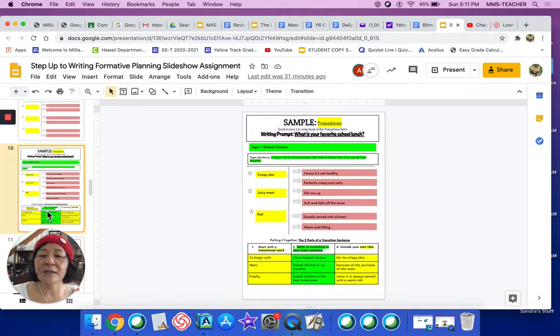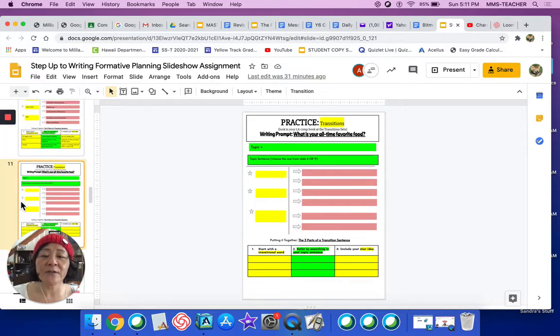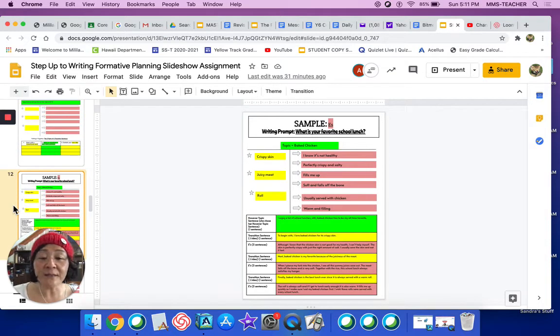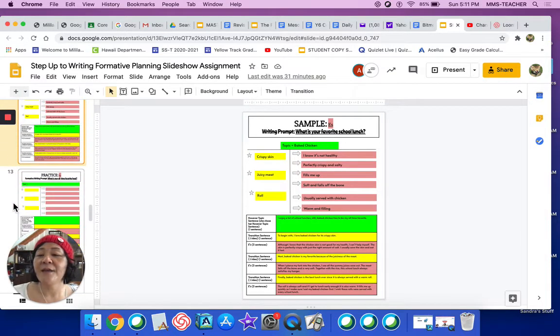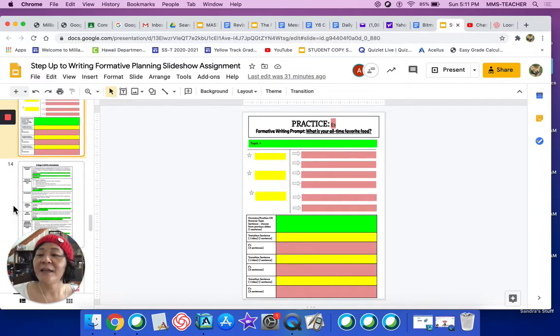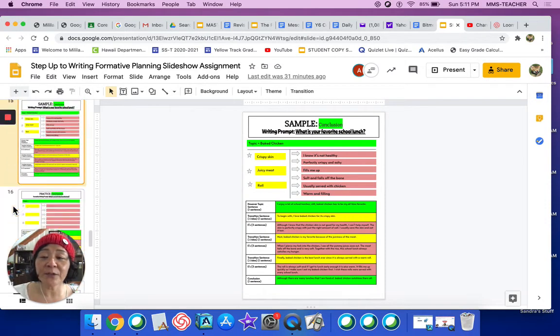We saw the sample transition page, then you practiced the transitions, and then you saw the sample ease, and then you practiced the ease,